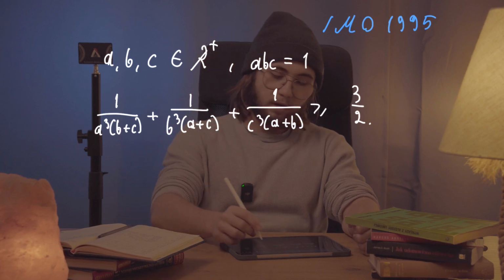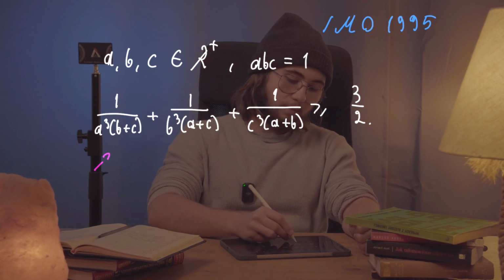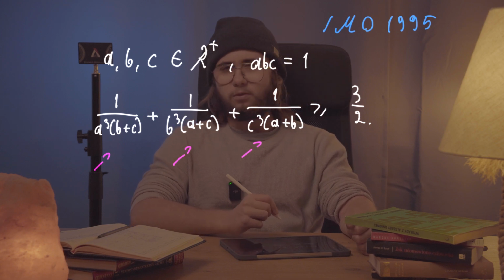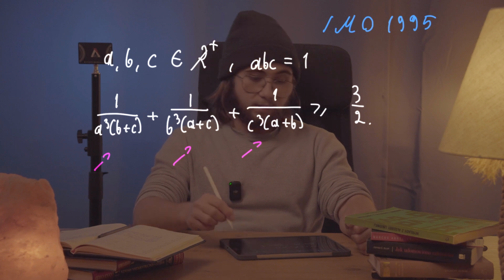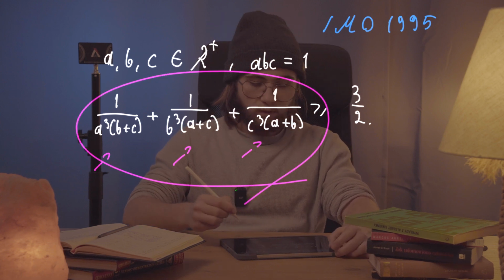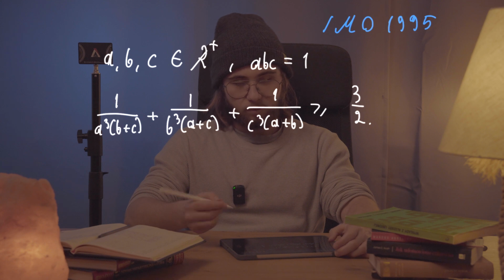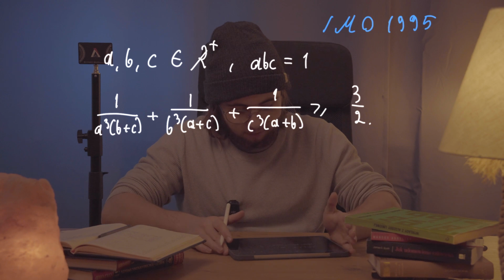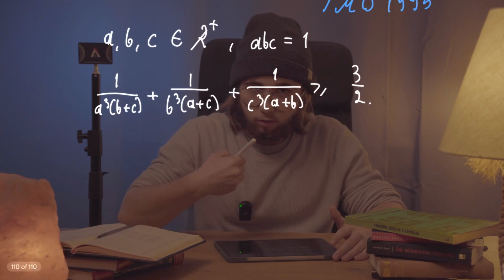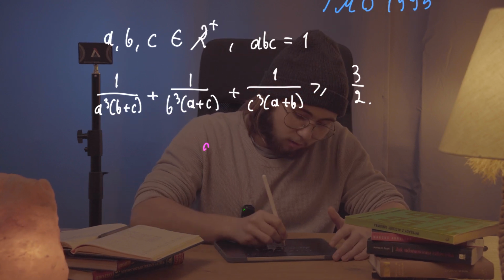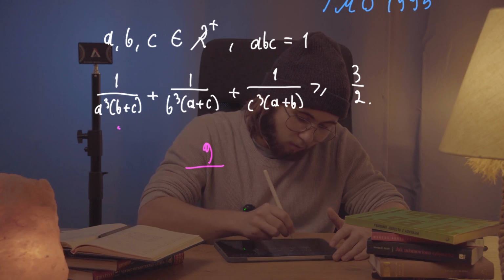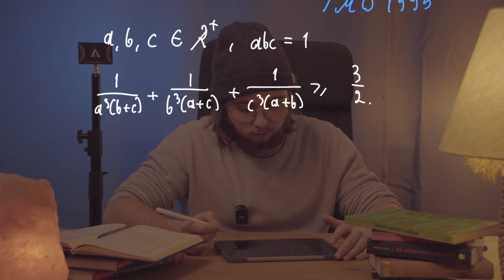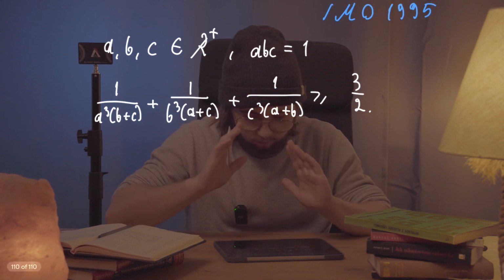Well, I think that those fractions should ring a bell that maybe it will be possible to use the Engel form of the Cauchy-Schwarz inequality, or at least to try and get this entire sum of fractions to a form where using the inequality would make sense, because right now, it doesn't make any sense at all. What we would get after applying the Cauchy-Schwarz in Engel form directly here would be just 9 over the sum of all of those awful denominators, which, even given the condition that the product of a, b, and c is equal to 1,